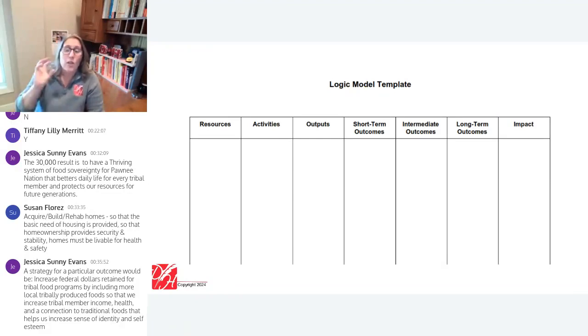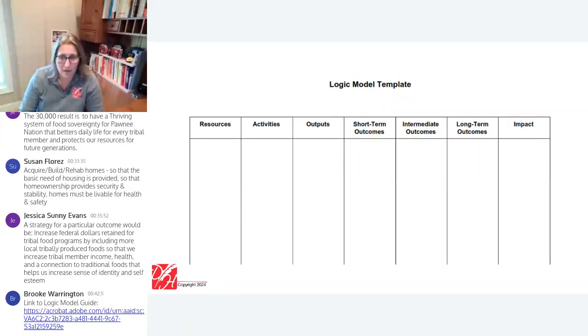And you could then use the course material, the logic model guide that Brooke had placed the link to in the chat that's in your learning center. You'll be able to use that to build for both the current program you're thinking of and maybe additional in your organization later on. Oh, there's that link again. Yes, Brooke, thank you so much.